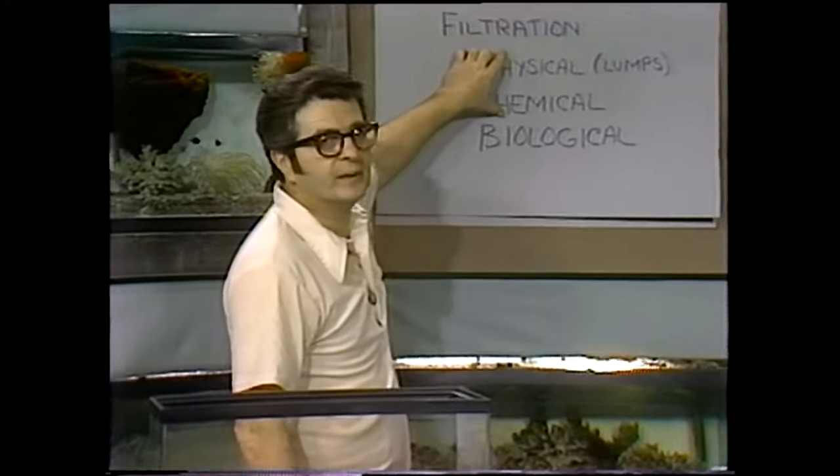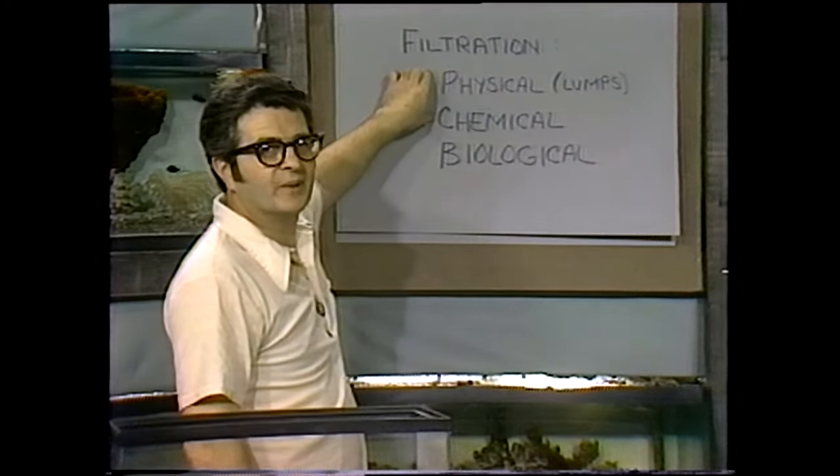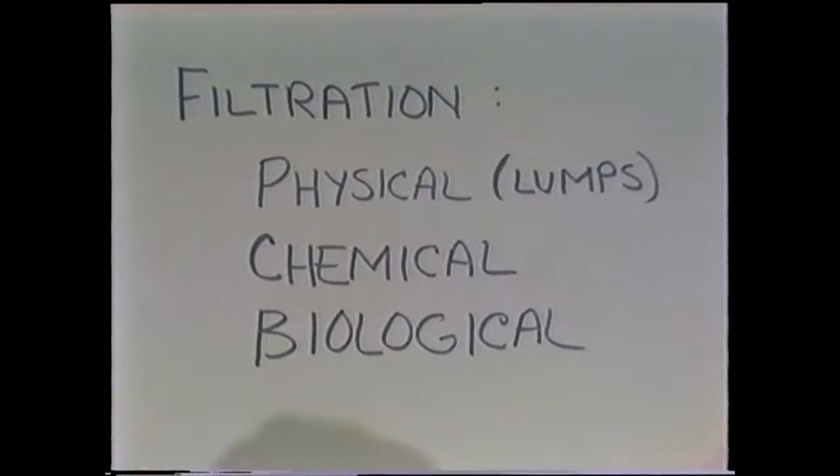And let's stop right there initially and say at least we're doing this. We're doing this much of the filtering job. Okay? Now, there are some other things to consider. One of them is